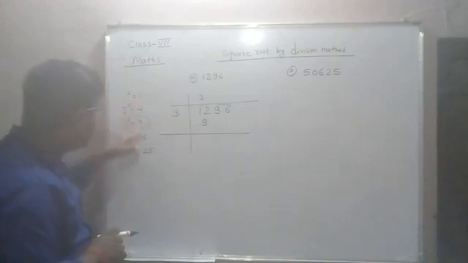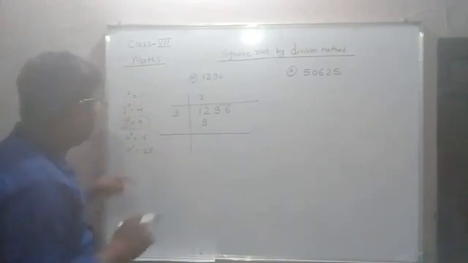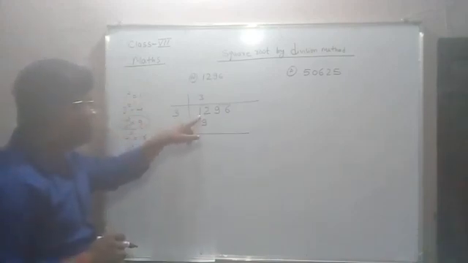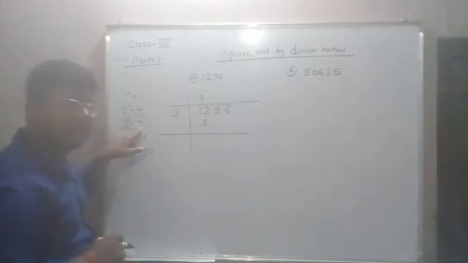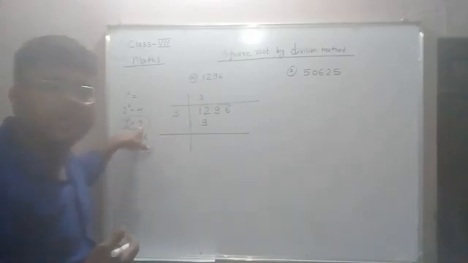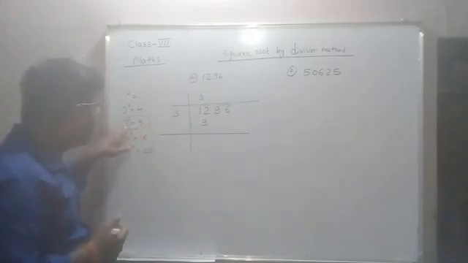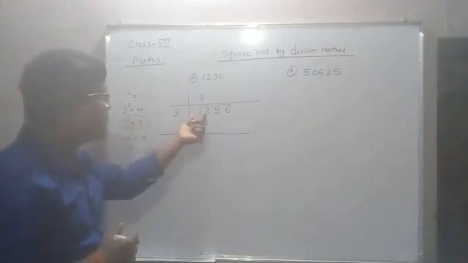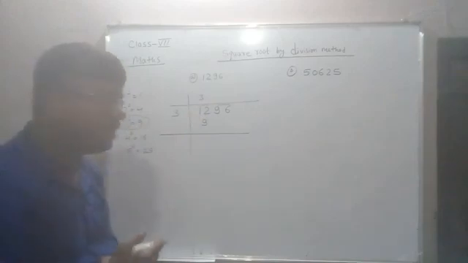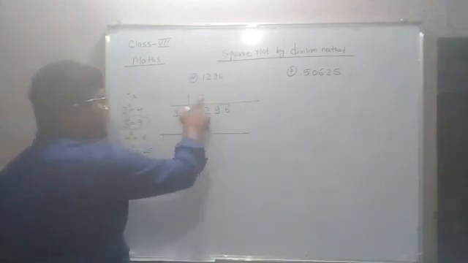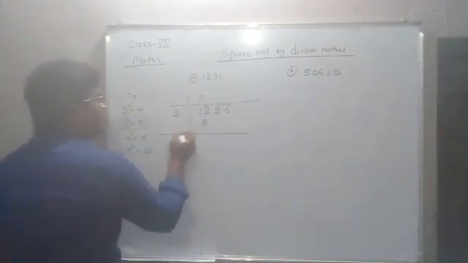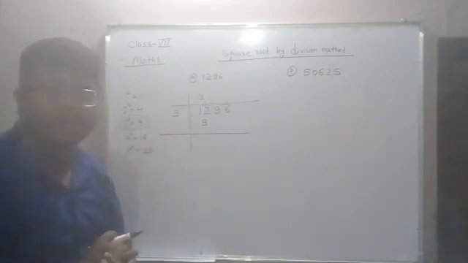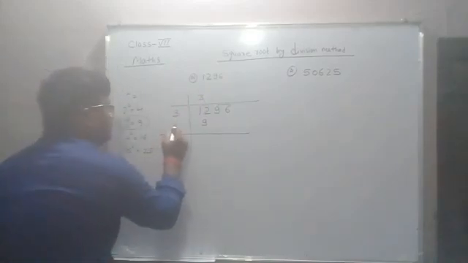Here it is not 12, and after 16 the numbers greater than 12 start coming. So we take the number just less than 12, that is 9, whose square root is 3. So our divisor will be 3. 3 threes are 9. In one more place we need to write the 3, here.